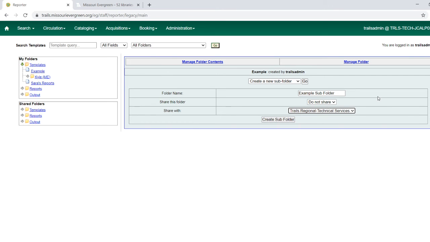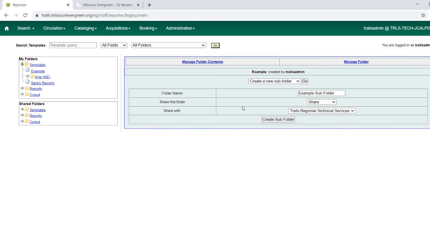One thing that I will say is potentially problematic here is that if you create a subfolder that you share inside another folder that is not shared, so for instance, if I created something called Example Subfolder and I selected Share, but I know, because I just created it, that the folder that it exists in, which is called Example, is not shared, that actually breaks the reporting tool, and it will break that for everyone. This is the voice of experience talking. I have done this,